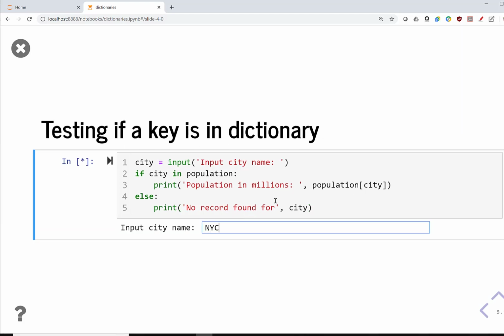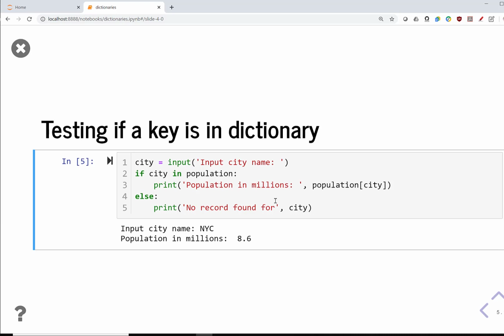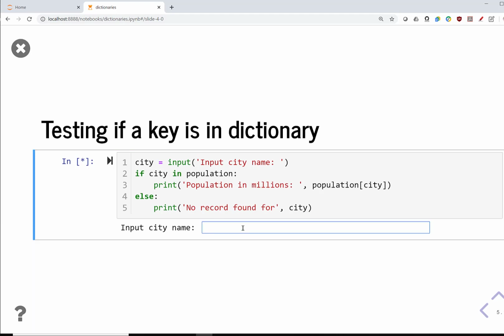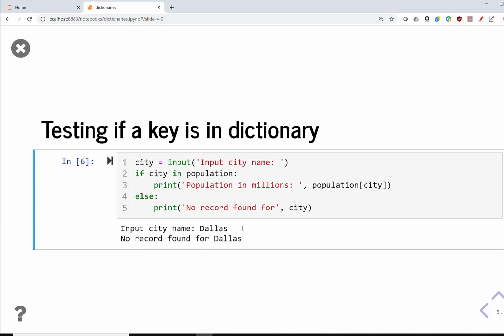Let's try New York City, and it did find the population, 8.6. And if I were to run this for Dallas, which I know is not there, it's going to say there's no record found for Dallas, so it executed the else clause. Okay,